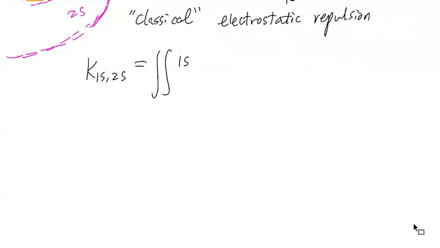This is 1s star 1, 2s star 2 times 1s, now you put 2 here, 2s, now you put 1 here. You exchange the label, okay? So the label in the bra is 1, 2, but the label in the ket is now 2, 1, and therefore this is called the exchange integral